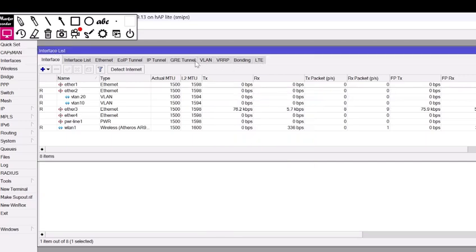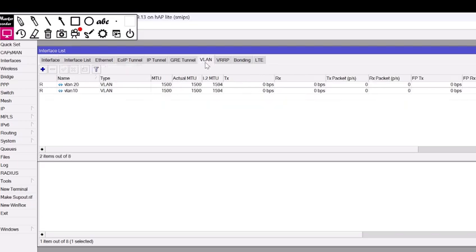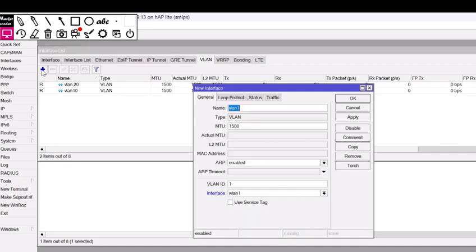We go to VLAN. How can we add this? We go to VLAN and we add a VLAN. We put in the name; what you name your VLAN is optional, up to you.